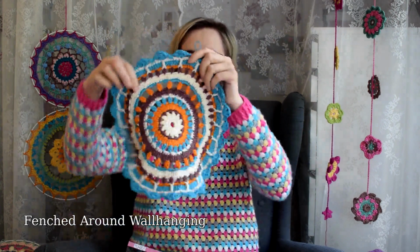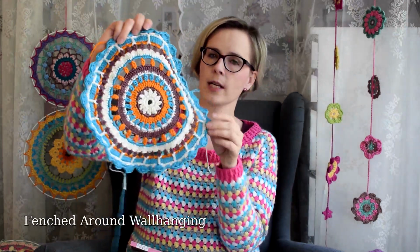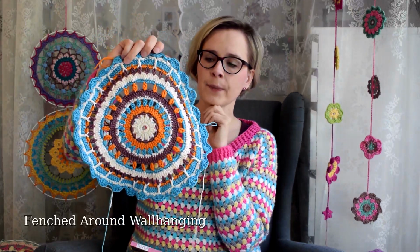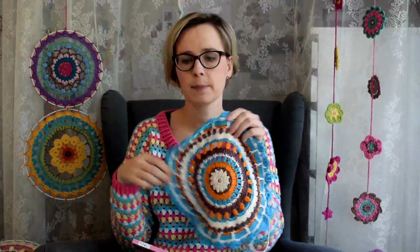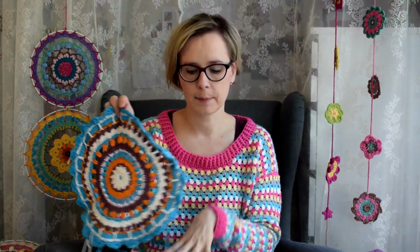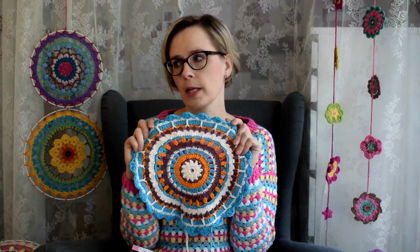fenced around wall hanging with these colors, and the yarn is Drops Muscat. I was planning first that I will make this to the size 30 hoop, but because I am again using thicker yarn than in the pattern, this will be larger than 30, so maybe I will just make this